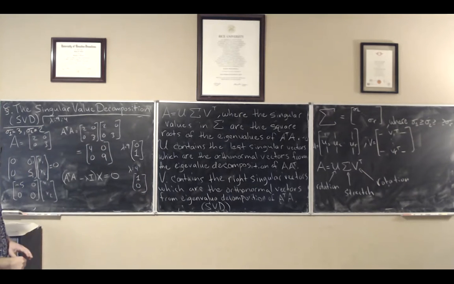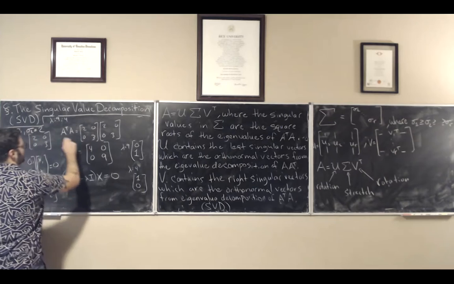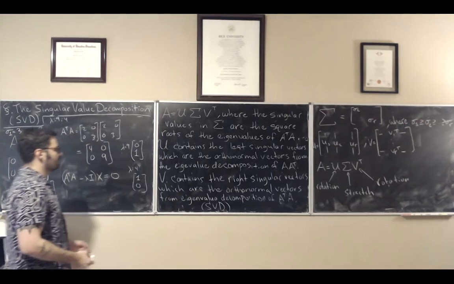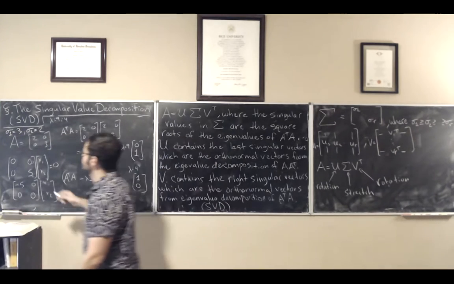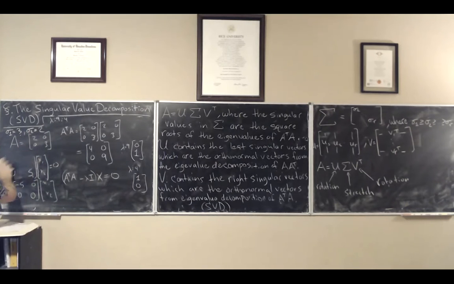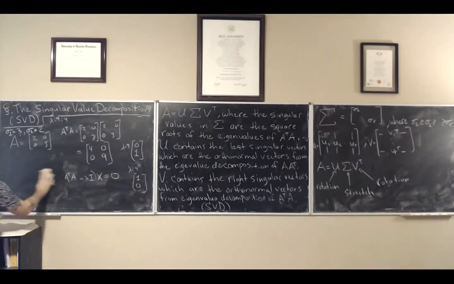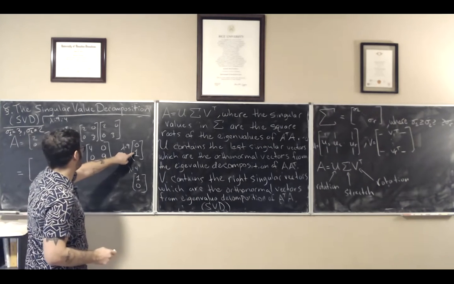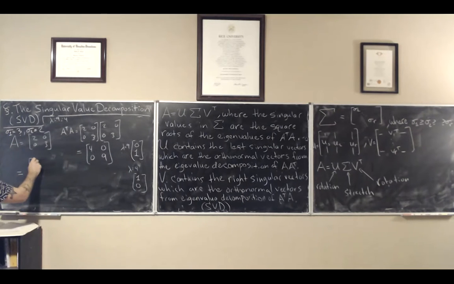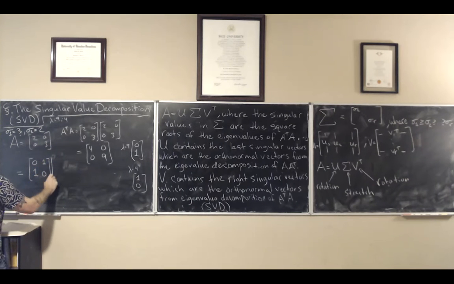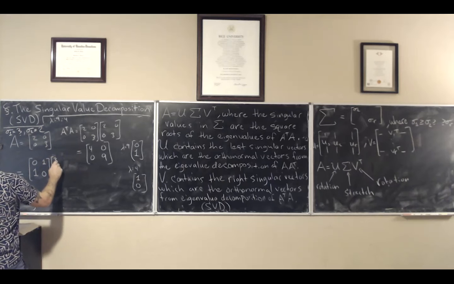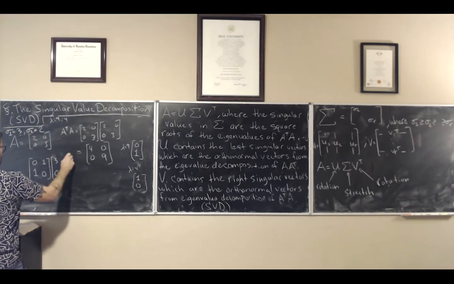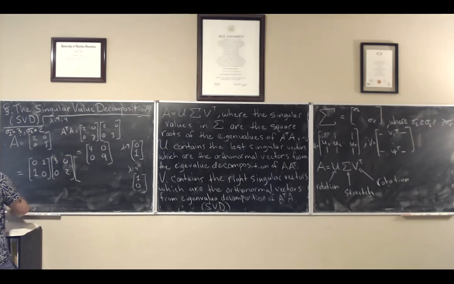All right, so because these are going to be the same for A times A transpose, we have our vectors for V and U, and we have our singular values 3 and 2. So the singular value decomposition would be, so this is the largest, this is our first U, 0, 1, 1, 0, times 3, 2, 0, 0, times